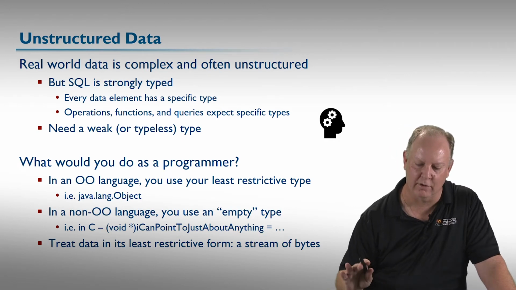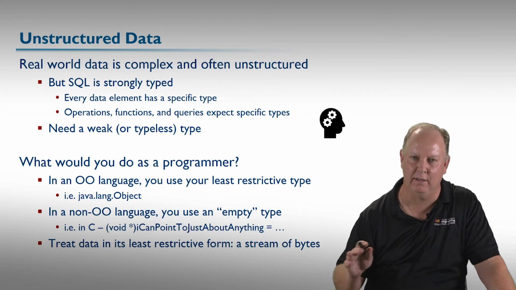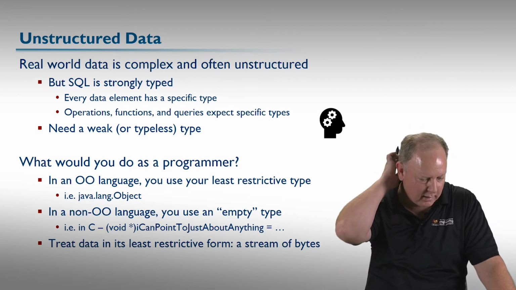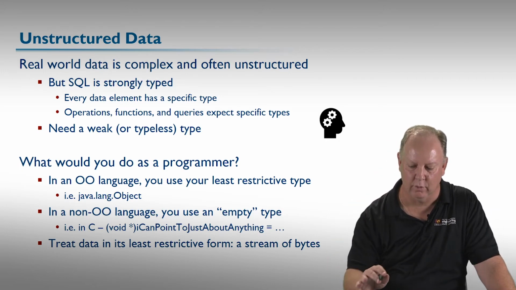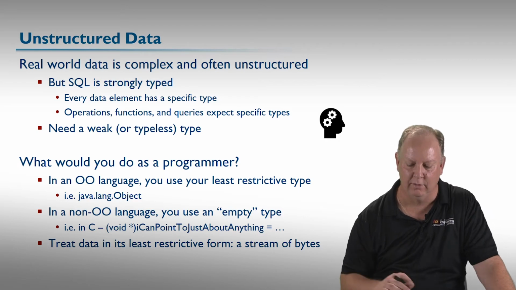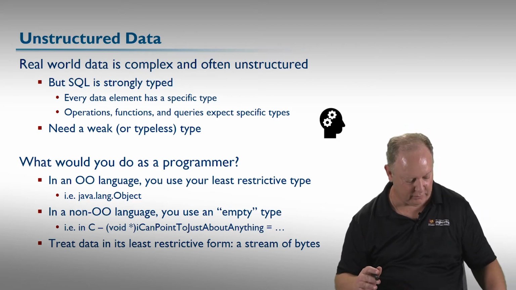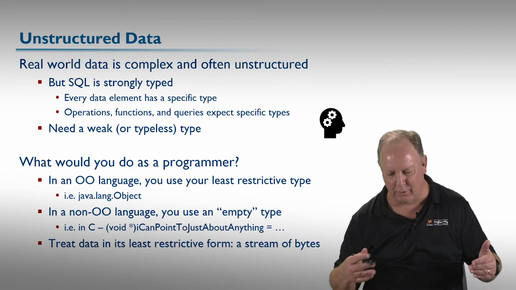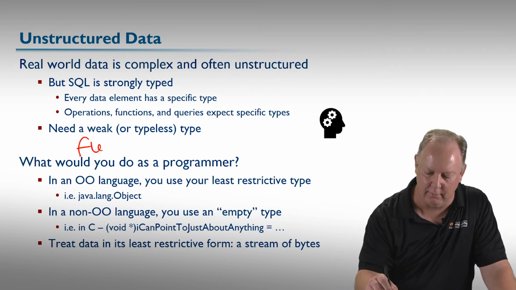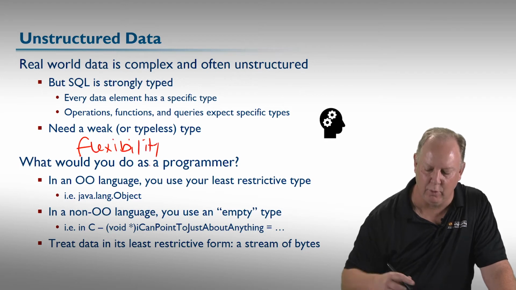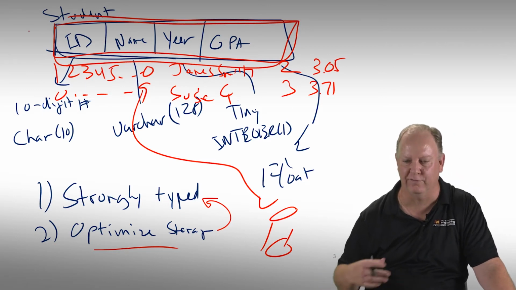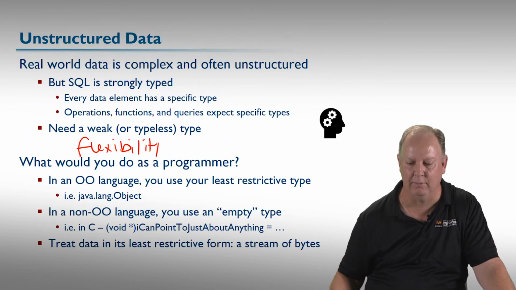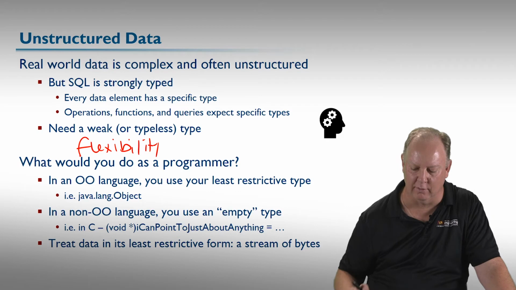That data is often unstructured, or at least carries its structure with it, meaning in the metadata, the header of the image, let's say, or the encoding of a video, what the structure of the data is. But again, we're used to, in a relational database, dealing with something that's strongly typed. We really need something that's weak or typeless, or really what we're looking for here is flexibility. We need to be more flexible than this rigid structure up here that's trying to gear us toward fixed, or at least with an upper bound, to maximize this kind of physical storage, if you will. So we need to be a little bit more flexible.